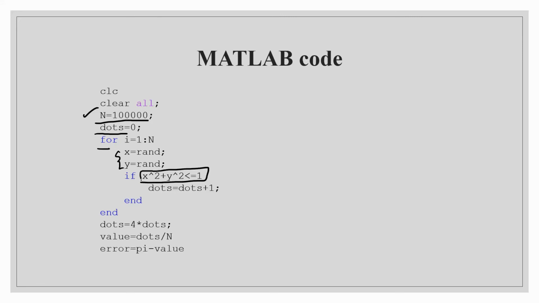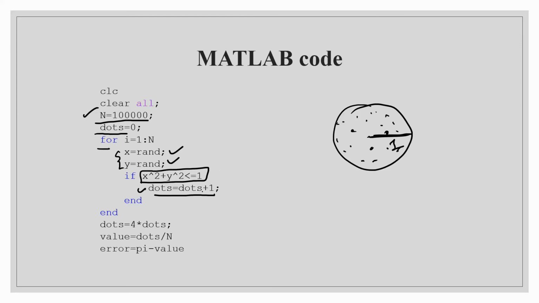This means whether the sum of the squares of the two random numbers is less than 1. That means whether it is lying inside the circle or not, which has the radius 1. Now if this happens, increase the dots by plus 1. Here we have initialized dots with 0, and if this condition is true, then we will increment the dots by value 1. That means that the pebble is hitting inside or on the boundary.